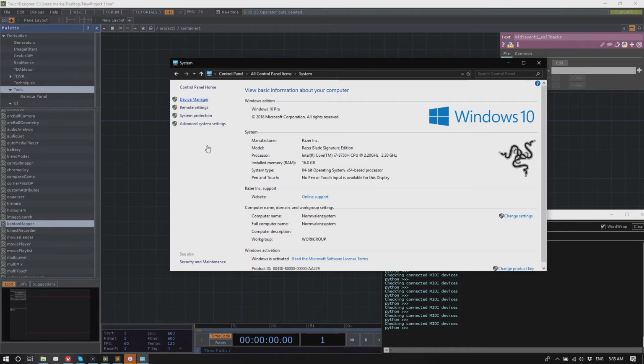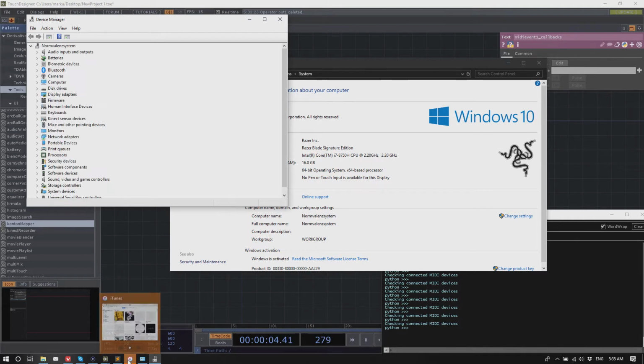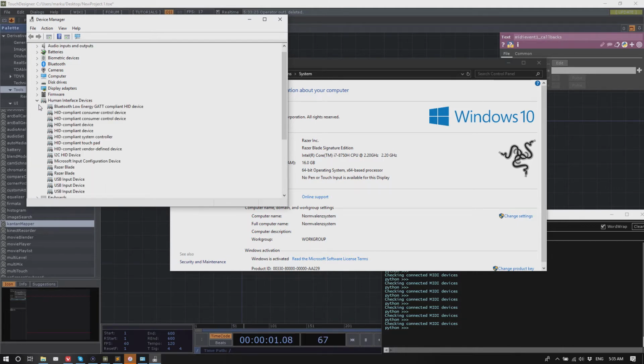Device Manager, let's see. Does it show up here? I don't know.